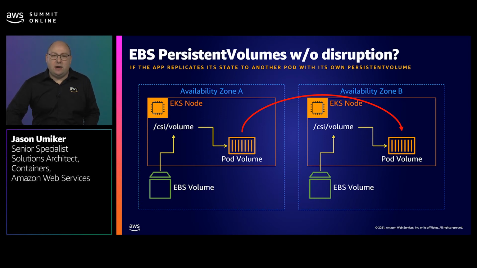Those applications get away with it as they have their own replication logic, which sends the changes to other pods in other availability zones, who then in turn write it to their own persistent volumes. They then have the logic to allow for the current leader pod to get interrupted and one of the other pods to take its place as the leader.